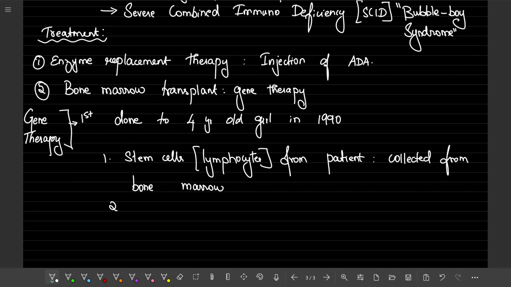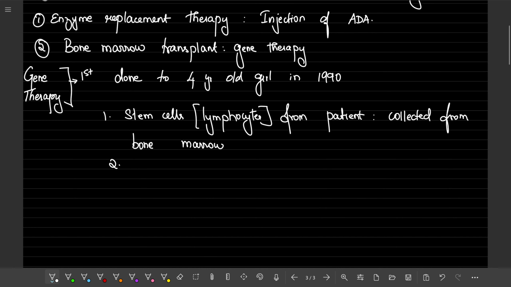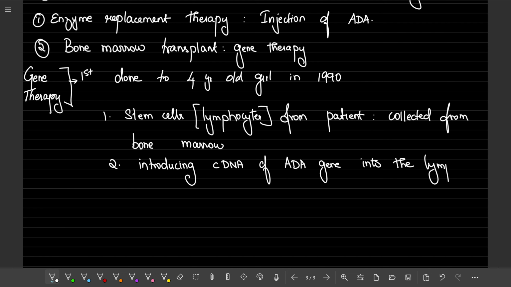Okay, first step was simple. We are collecting, let us say, this 4-year-old girl's bone marrow cells. And then what we are doing, this step is very much important, we are introducing the cDNA of the ADA gene into the